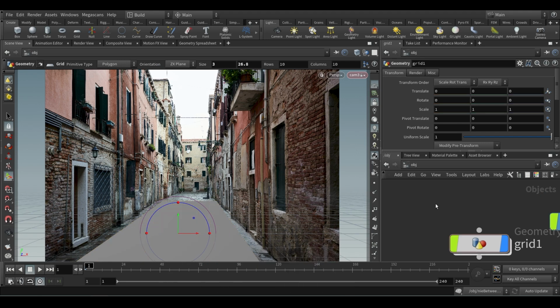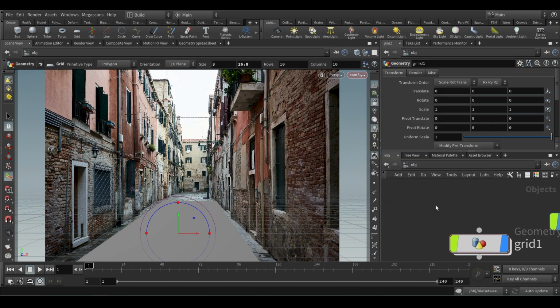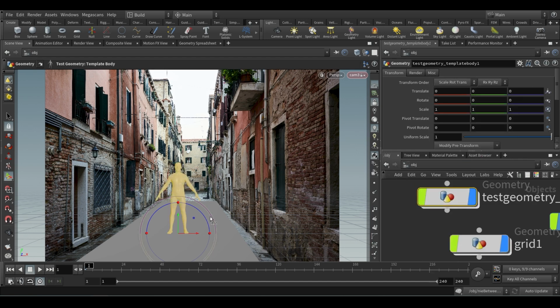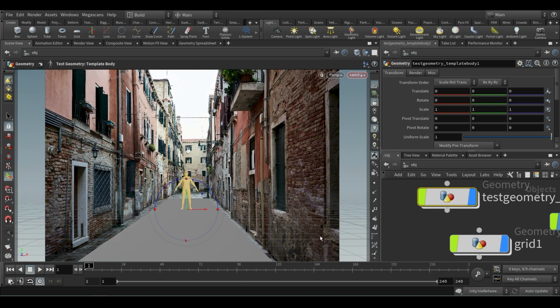Basically we are matching it. If you want to see if the height is really correct, you need to get a human, or there's this template body. I believe this is good, isn't it? The height is good, but I don't think that is correct. That is wrong. So you have to play around with the camera settings to level it perfectly and match it. Give me a second, I'll match the scene and I'll get back to you.